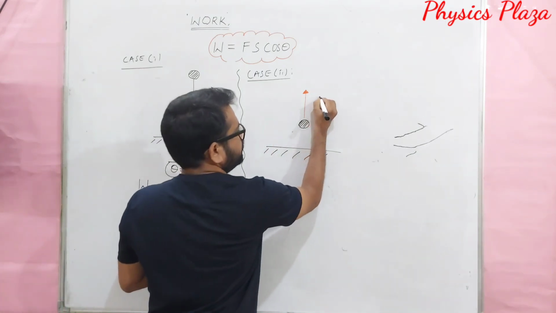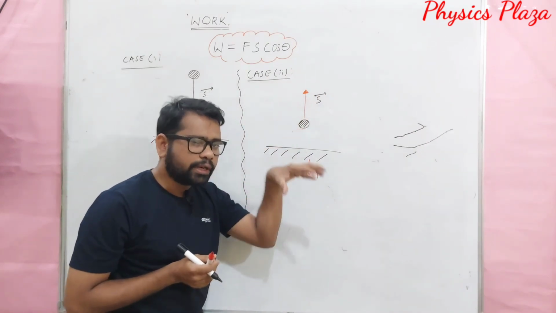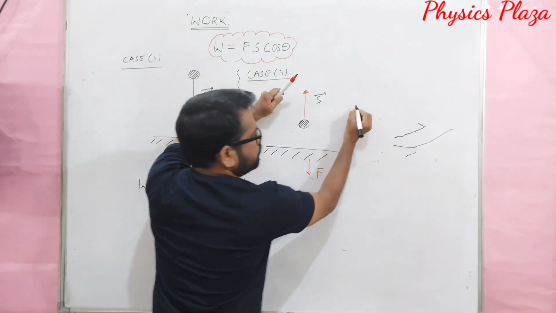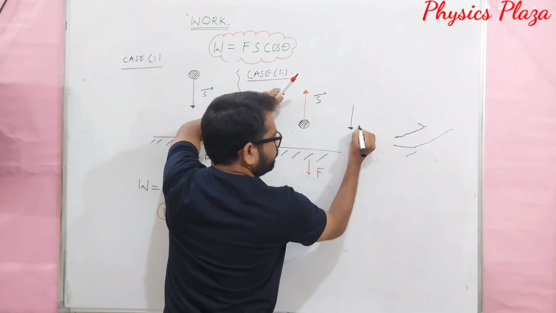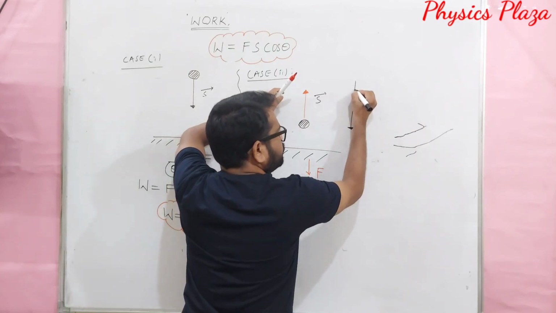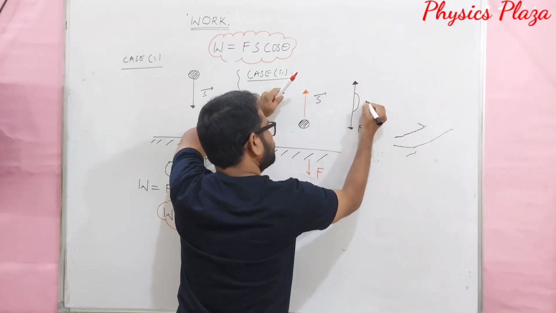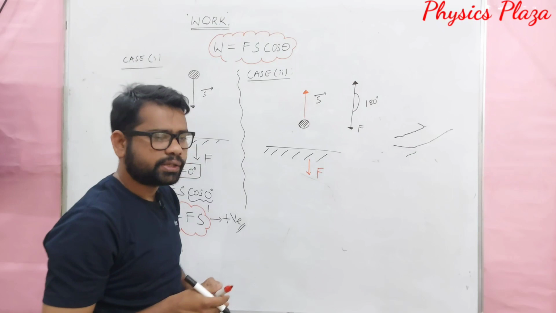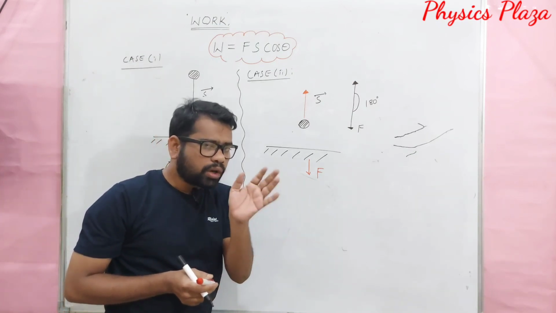Upward direction. So, the displacement will be upward. But the gravitational force is vertically downwards here. So, now what will be the angle theta, children? Look at here. Here this is the force direction, and this is the displacement. So, the body is going vertically upwards. So, children, both are opposite. Here the angle is 180 degrees. Then in this case, how do we calculate the work done and what will be the work done?